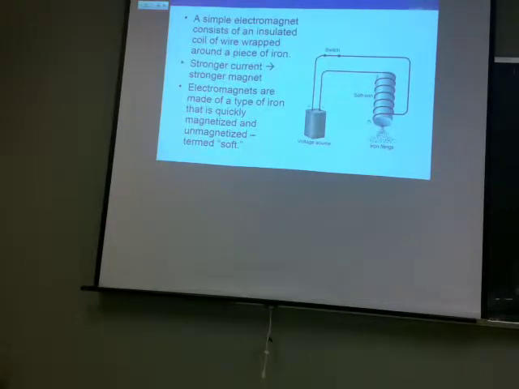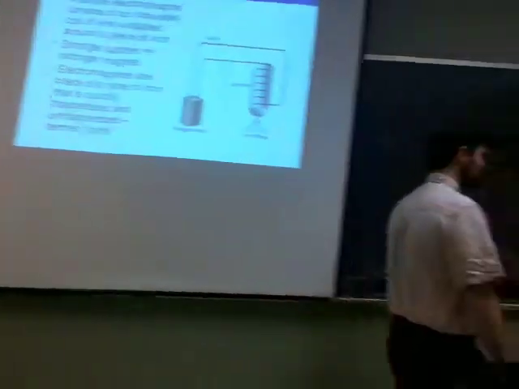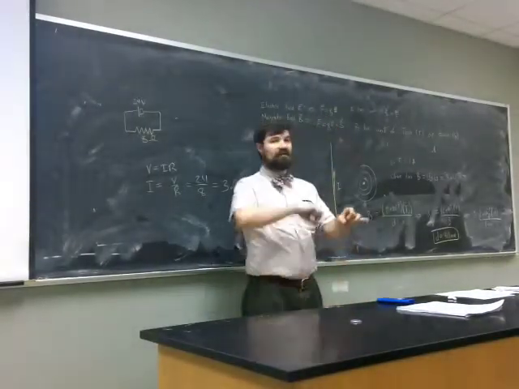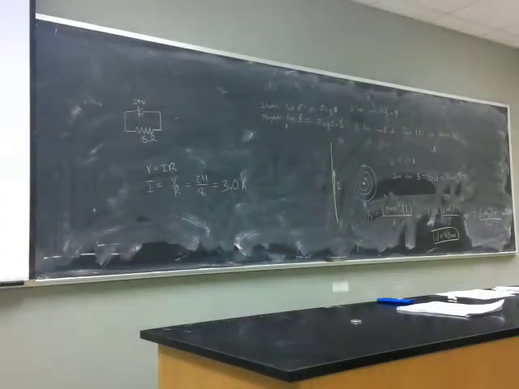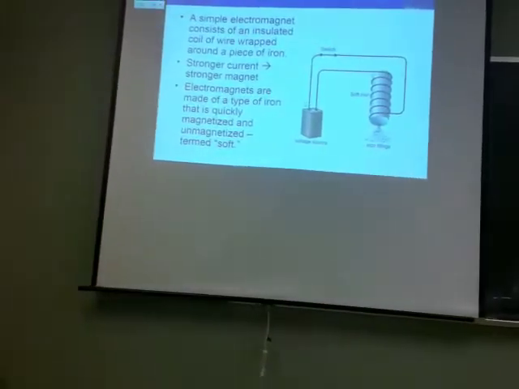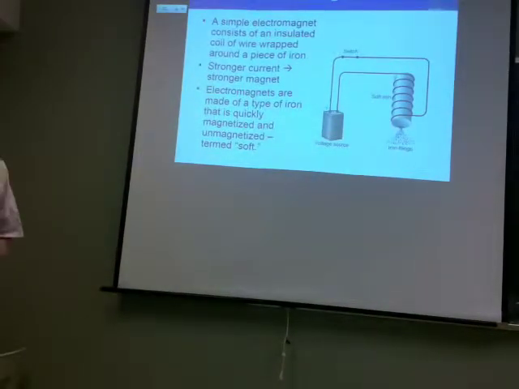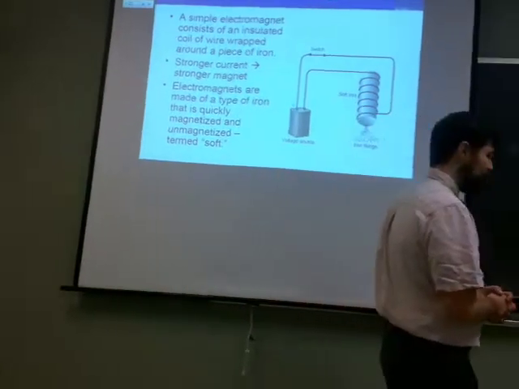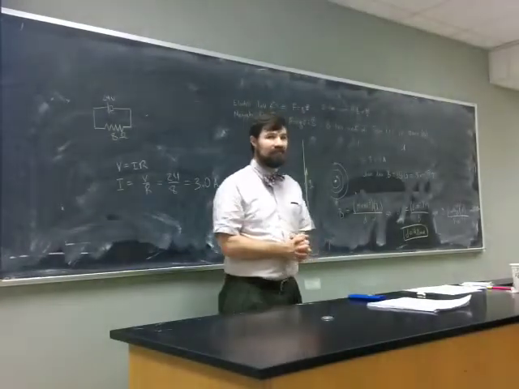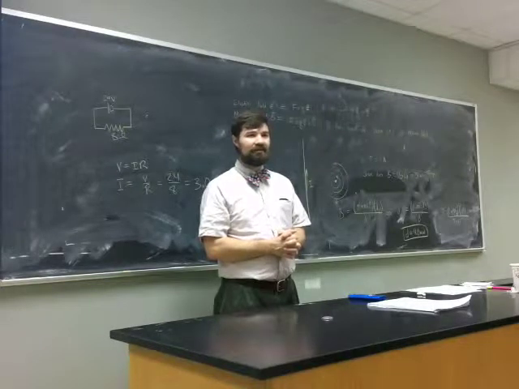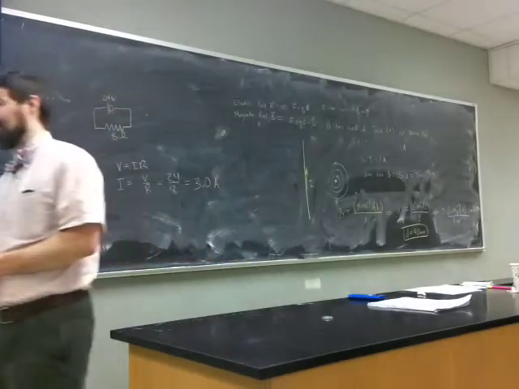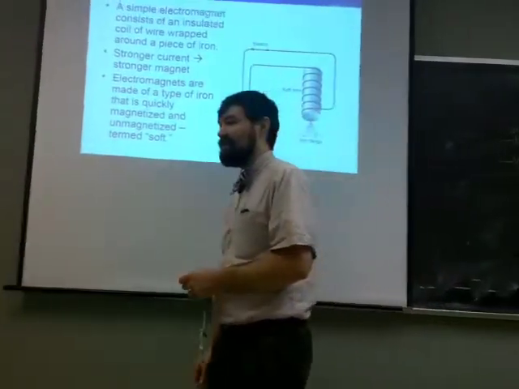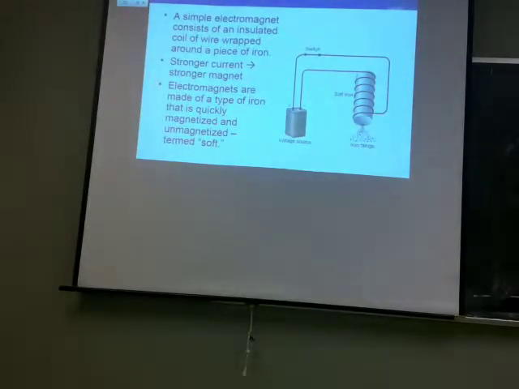Electromagnets, basically what you do is you take this wire and instead of running it as a straight line, you coil it around a metal core, usually iron, which is highly magnetizable. And what will happen is it will produce a magnetic field that looks the same, but maybe is a bit stronger than the magnetic field for a bar magnet. So you just run current through it and it produces a magnetic field. You can pick up iron filings or whatever. And the stronger the field that you want, the more current that you want